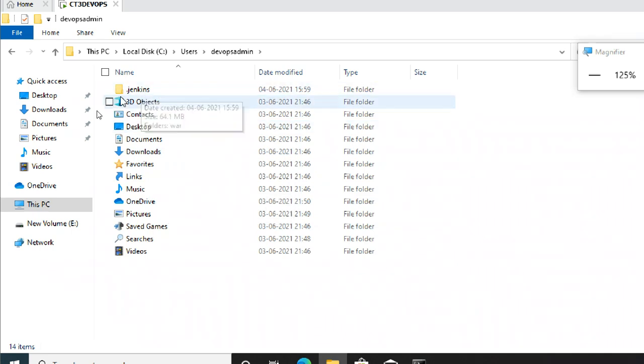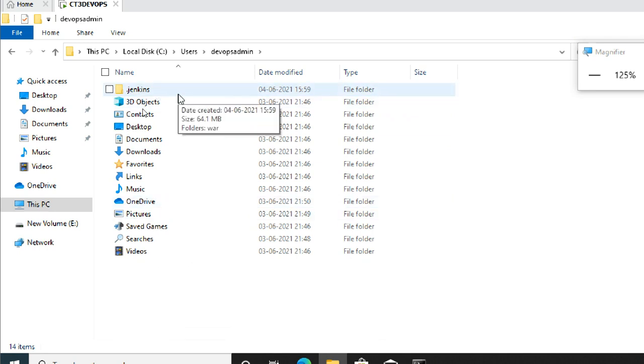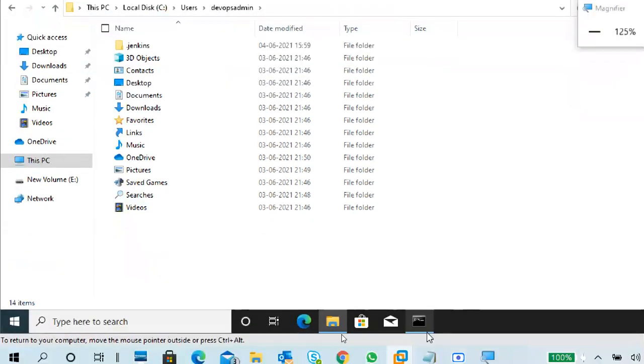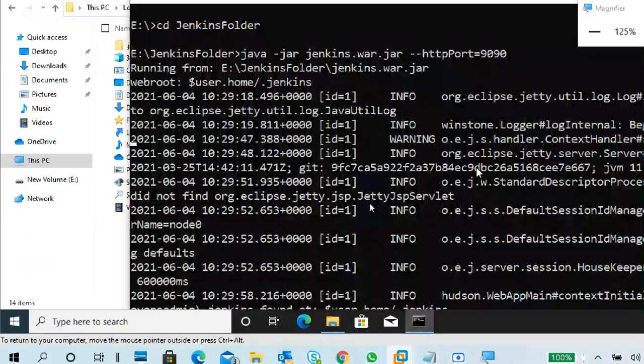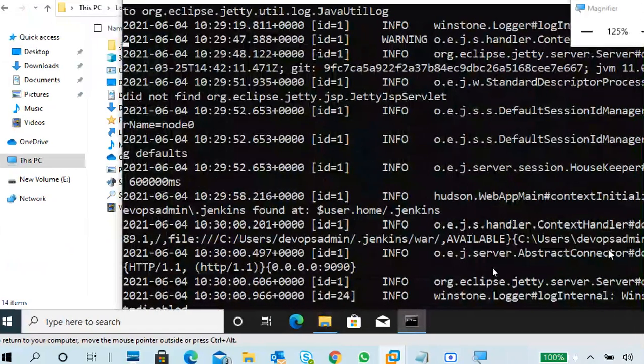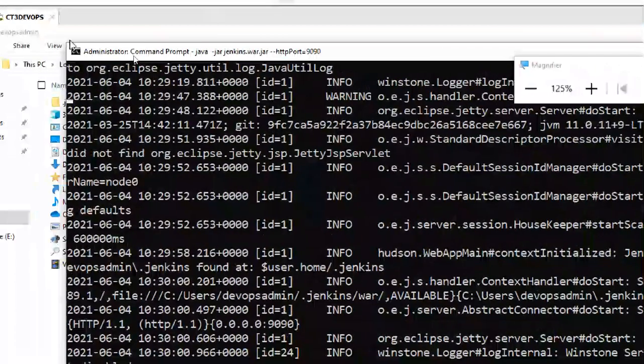Under this one, you can see the .jenkins folder. This location is very important. It is where your Jenkins installation is stored. It won't store in your Program Files. It will store there, and also your password file.